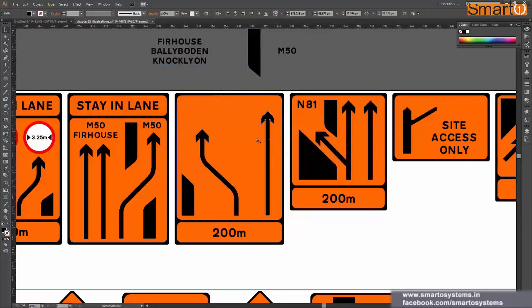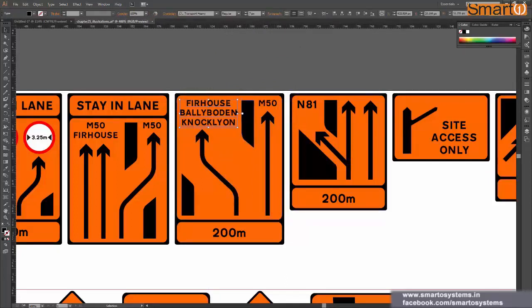It is a good idea if I want to make some changes in the design, then ungrouping will work fine. But if I want to move the whole sign together, then I have to select this whole thing and then move.